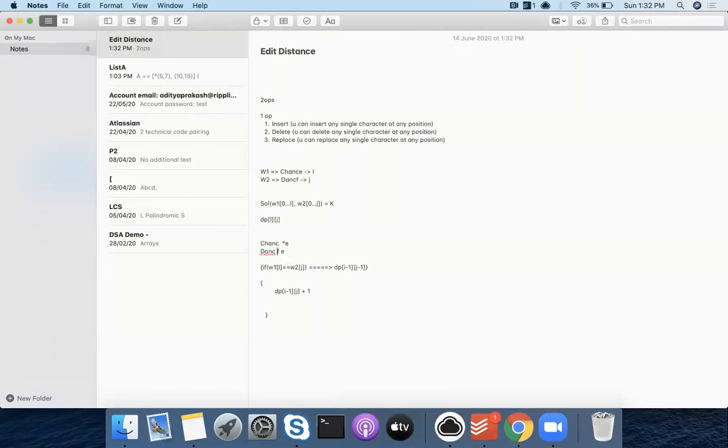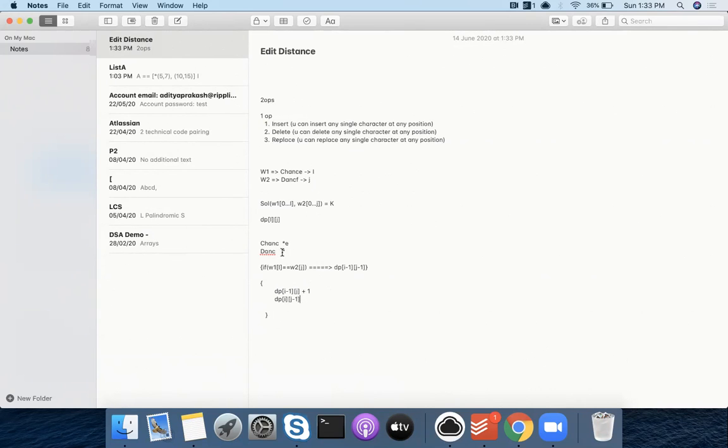What if I choose to make, so I was at this state, right? I'll keep my state always same. So again, the same problem. I chose insert to solve the previous time. This time I will choose delete to solve it. So if I delete this character, right? Then what am I looking at? Can everybody tell? If I choose j minus 1, okay, j minus 1 and what about i? i, yeah, i and j minus 1, that's right.